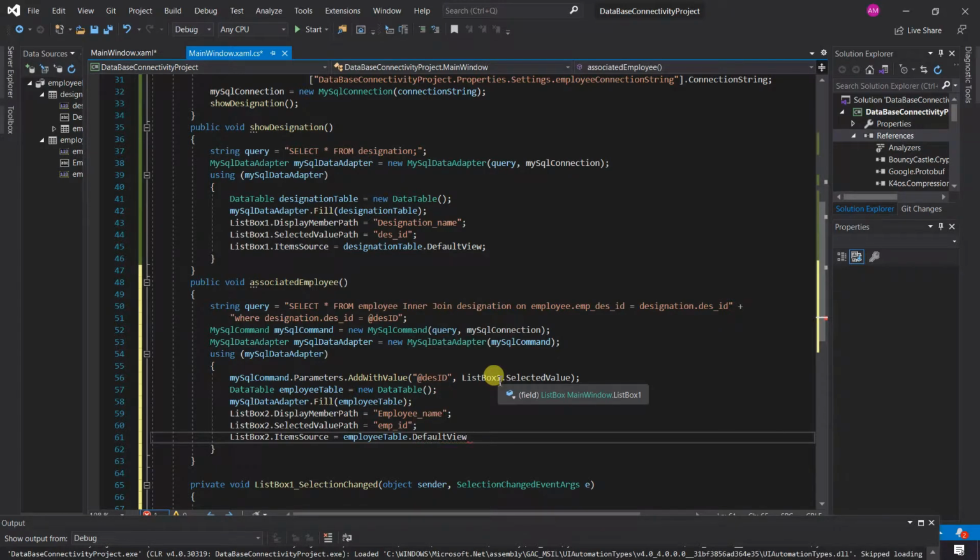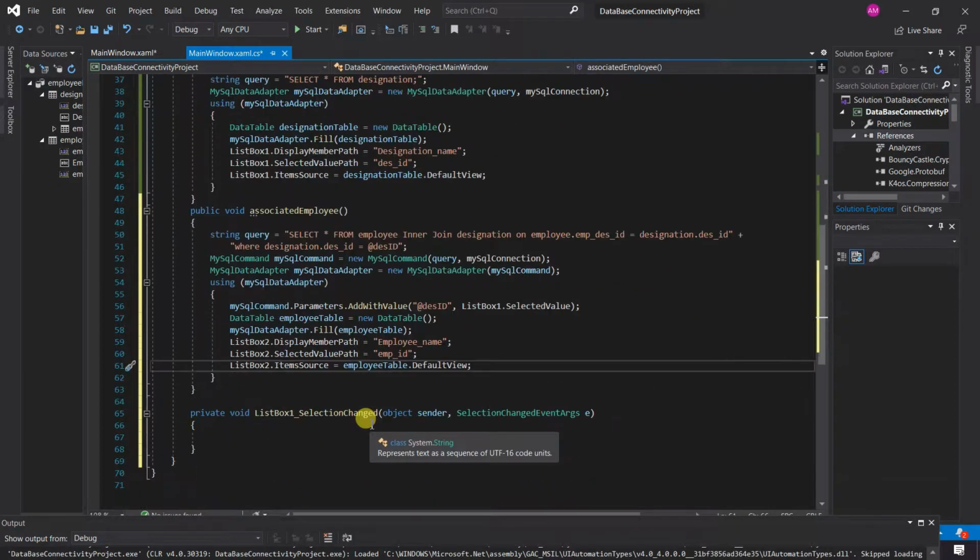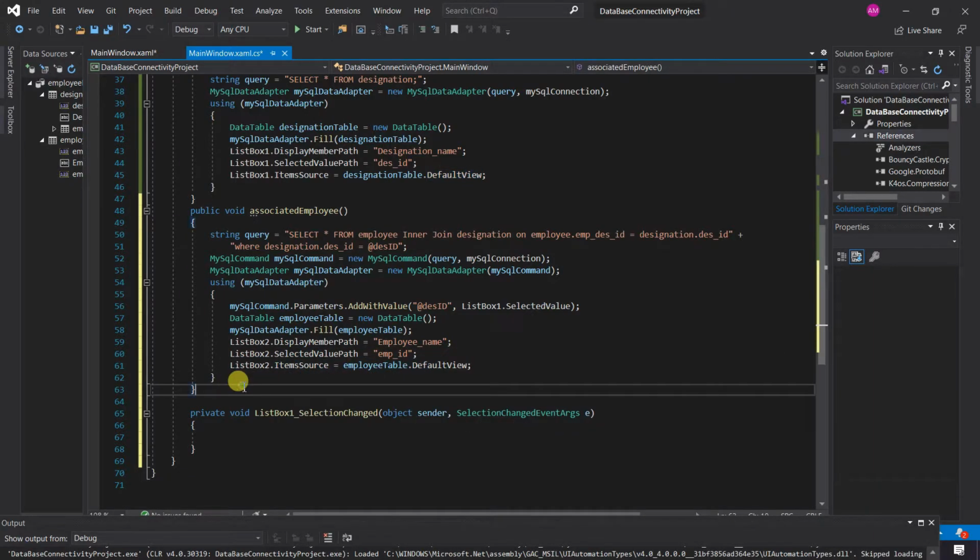Okay, now we have set the list box to member path and value path, and we are taking the data from the employee table. Okay, now we want to display the employee table